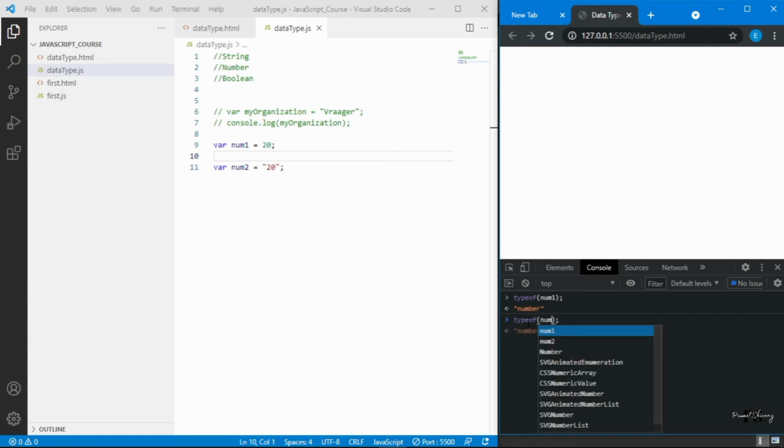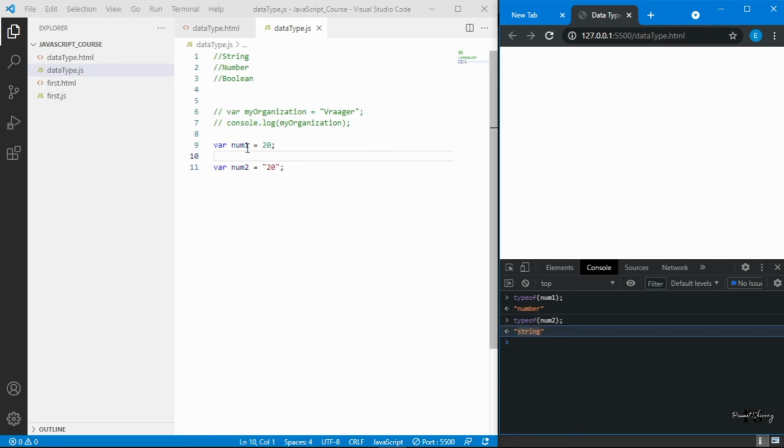If I check the type of num2, what is it? num2 is of type string. Why? Because we stored that value in string form. Here it is only a number, but when we put the number in quotes, it is treated as a string.